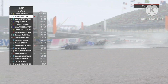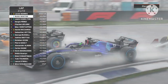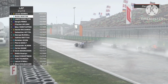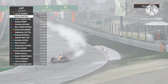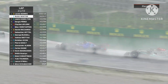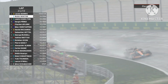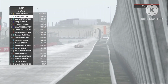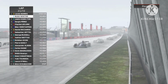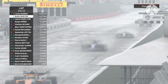He goes. Winter locks up, goes a little bit wide. Is he still alongside Norris? Just a little bit. Norris going to give him enough space on the inside of the corner, going to allow Winter to take a run out of the exit of the corner. But with the tightness of turn 12, Winter does not get a run. And Lando Norris takes P1 from the Williams. And now the McLaren can try and pull away, as he seemingly has done so, and leave Lewis Hamilton to try and challenge